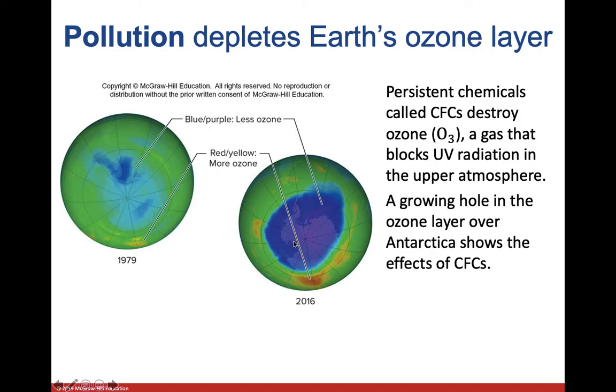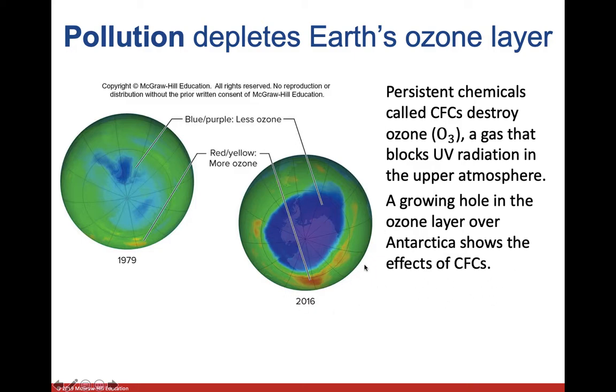Well, eventually what happens is it built up around the poles of the atmosphere of the planet, and it destroys ozone. It breaks down ozone, which is not a good thing. We need the ozone layer to filter out UV rays from the sun, so our planet doesn't get so hot. So the CFCs eventually built up, started to eat a hole in the ozone layer, and then they banned the use of CFCs. I think it was the 80s or the 90s, they banned the use of CFCs.